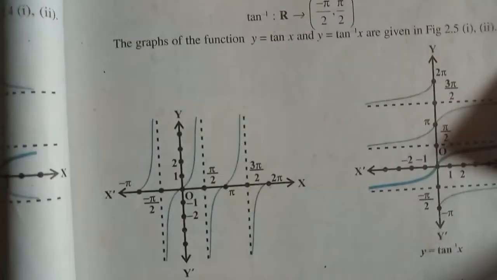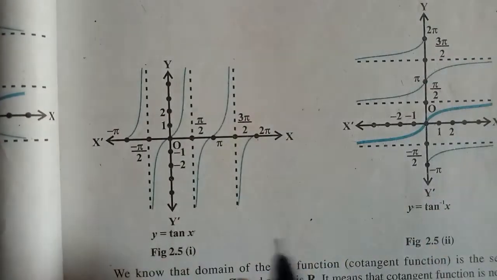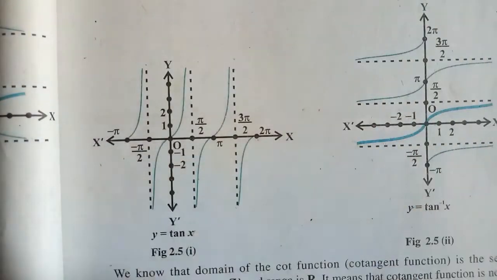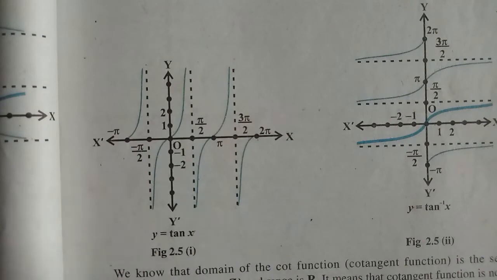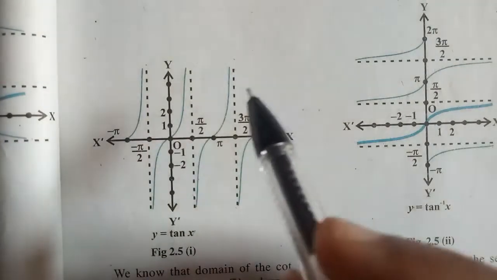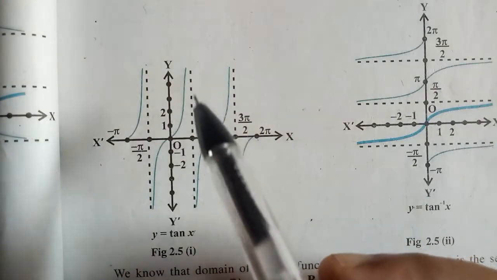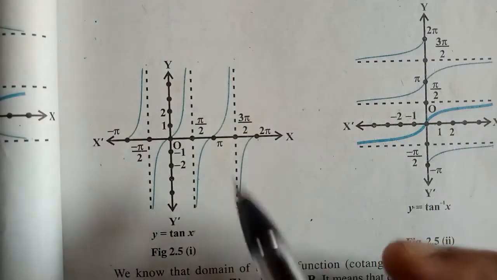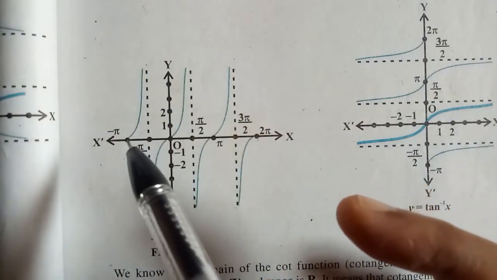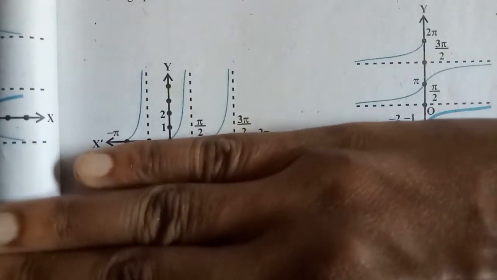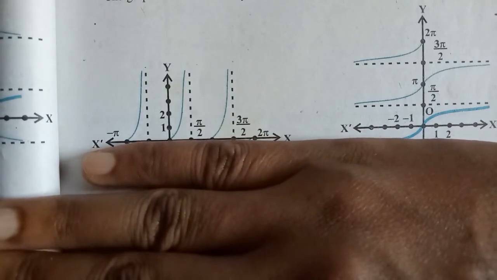So let us come back here. Now we have to define tan inverse. I have two graphs here, tan and tan inverse. First let us understand our tan. You can see that it is cut, it is not uniformly continuous. This is how the graph of tan x looks. You can see a family of curves here. This family is the same as this family, the bottom part is not there, but the upper portion of all three will be the same. So again you have a problem of injectivity.